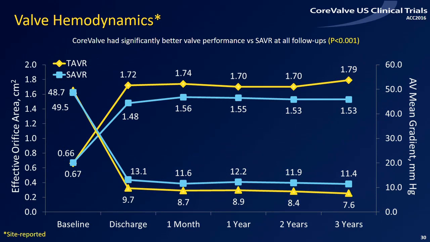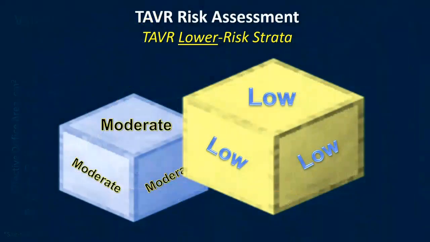Also, there is an edge of superiority with respect to the hemodynamics because we're using larger valves, based on CT. We try to educate our surgeons, why don't you do CT for every patient that you are doing SAVR, because you may find that you need to put in much larger valves. They are kind of pushing back on that, but I think given our results, they have to pay attention also to the imaging. Now we're going to the moderate and the low risk.